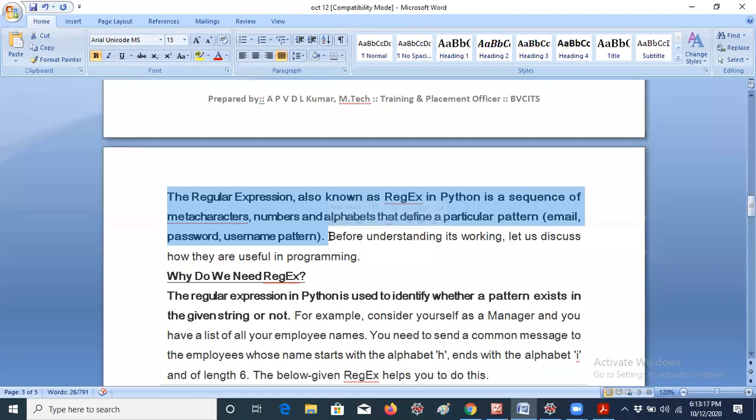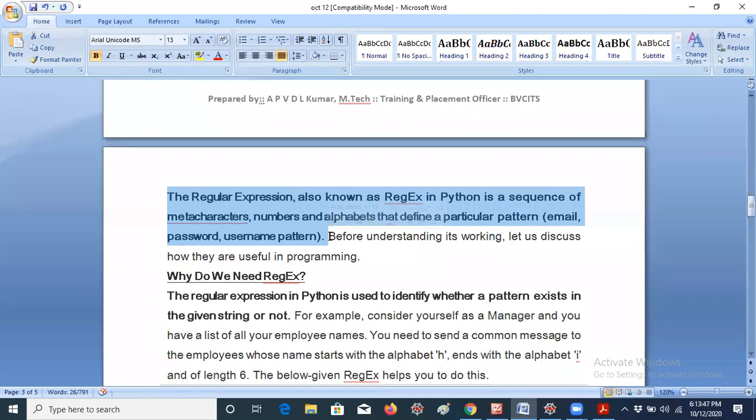And for passwords, for example in the TCS website, if you're registering for any campus drive, you need to give a password. We already discussed this earlier also. The password should contain an alphabet, a capital letter, a small letter, digits and special characters. So based on those expressions, you can definitely do very easy coding by using regular expressions. That's the reason I would like to discuss this module.